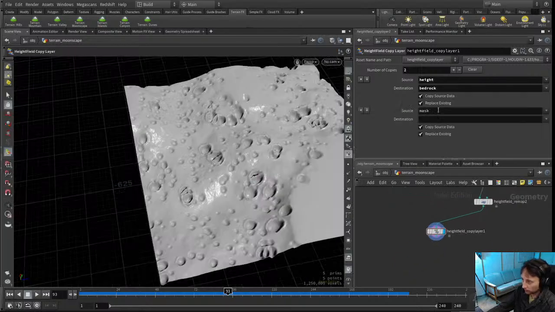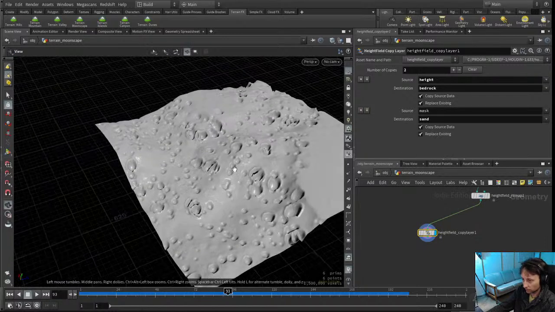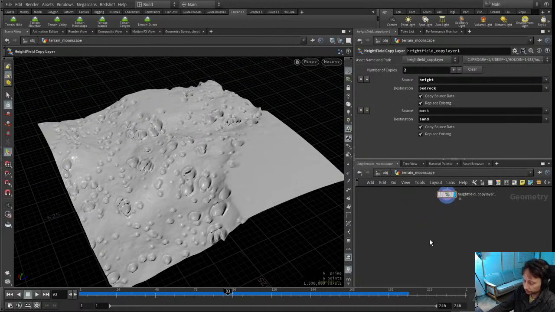The other thing we need to do is set up a sand layer. So we'll set up a sand layer, and you can see the source of our sand layer is the mask. That's fine. Doesn't matter. That means our mask is 0, so our sand is 0 right now. Then what we need to do is give some value to our sand. So there's a bunch of ways we can do that. We could do a noise and set our sand that way. I think there's a bunch of other ways too. We could also just do a wrangle,